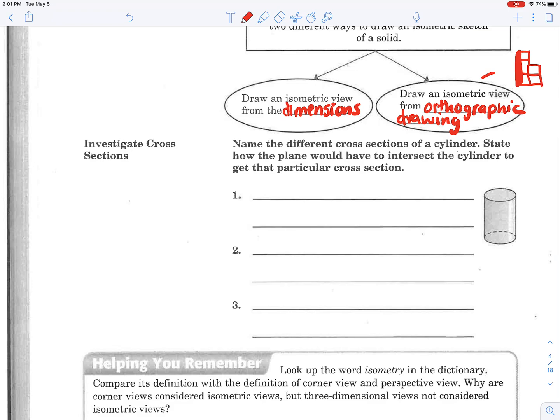Now let's practice with cross sections. Name 3 different cross sections of a cylinder and state how the plane would have to intersect the cylinder to get that particular cross section. Well, we could cut it horizontally, vertically, or at an angle. If I cut the figure horizontally with a plane,